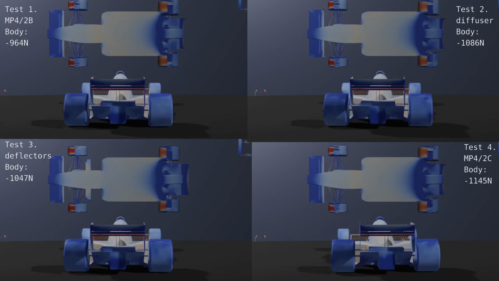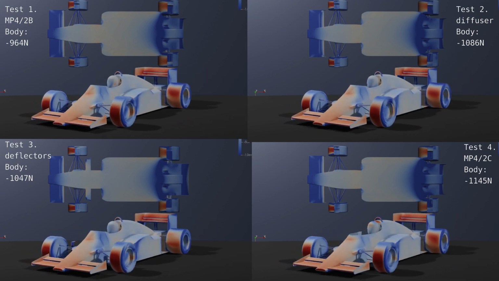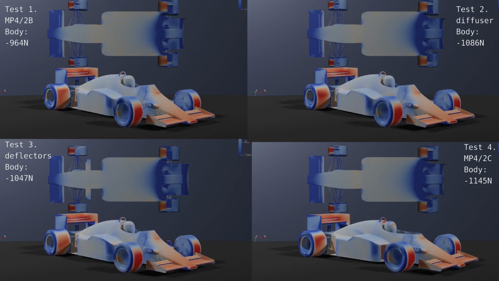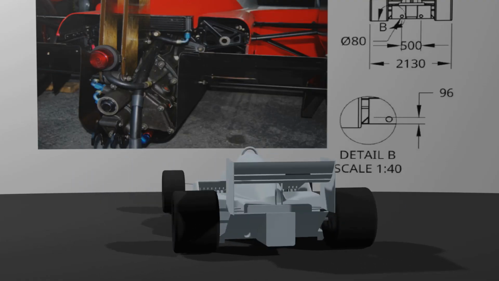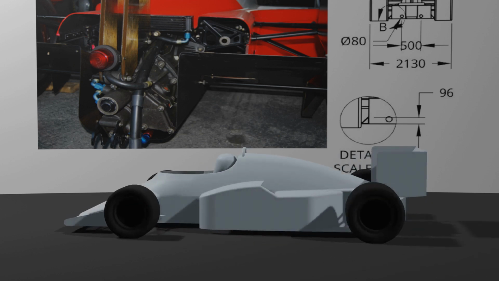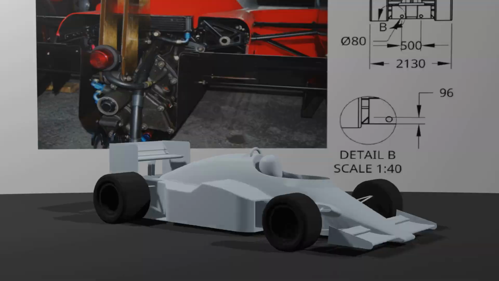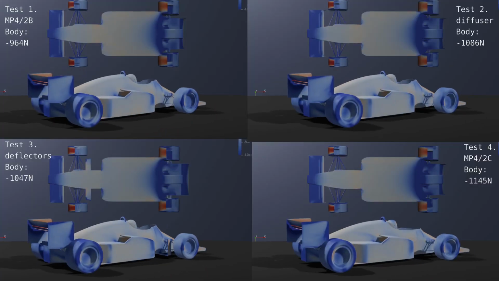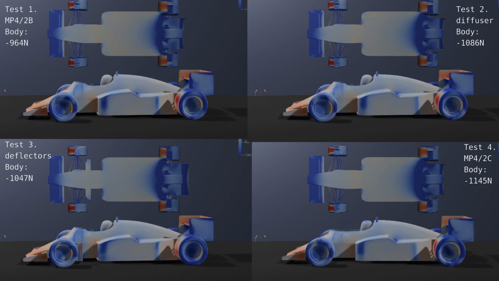Test 1, the end plate resorted back to a simpler but larger shape, extending all the way down to the diffuser exit and forwards closer to the axle. Test 2, the diffuser tabs added vertical sections at the edge near the rear wheels with a small horizontal section. This was the first time flow conditioning elements were run within the diffuser, clearly aimed at improving the rear wheel